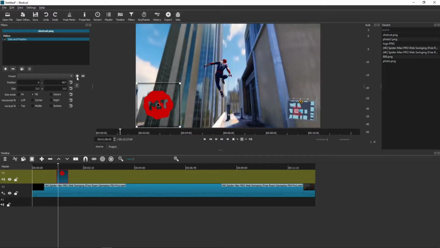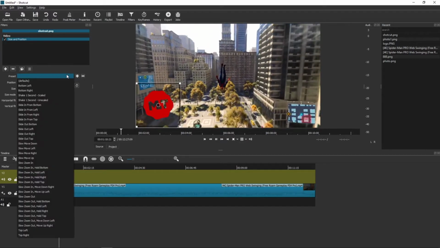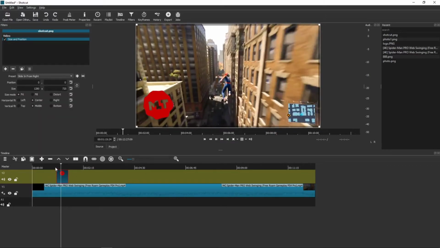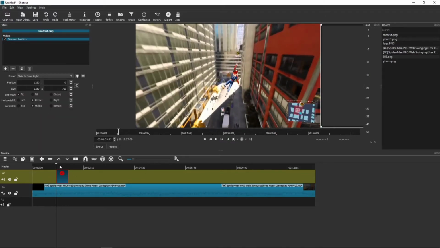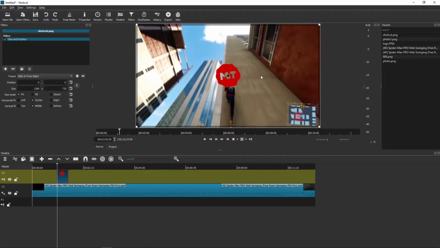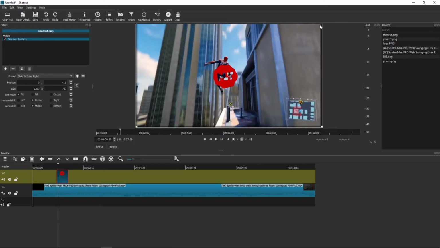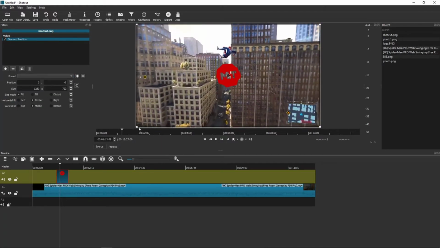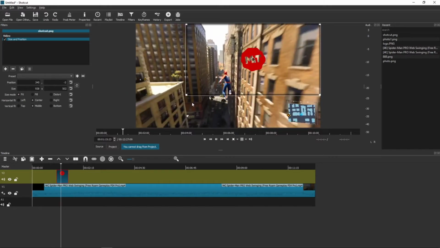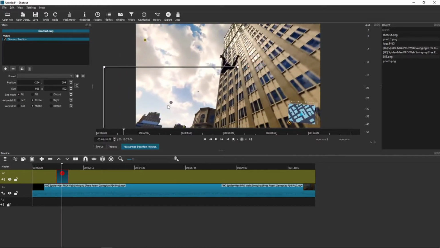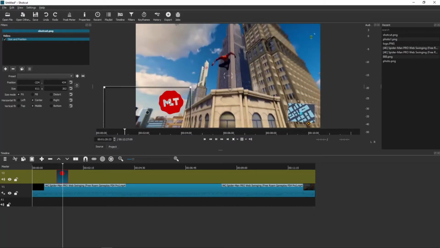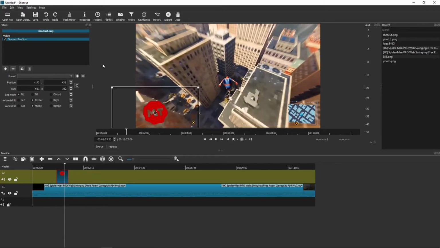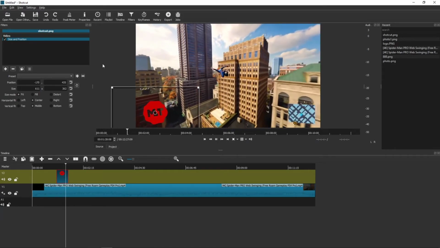Like this, you can see right here. And you can also make it slide in from right. Yep, that's what you need to do here. But when you make it, it's going to bug a little bit, so let's just leave it like this. Okay. So this is how we can add a logo to your video, or even how we can overlay image